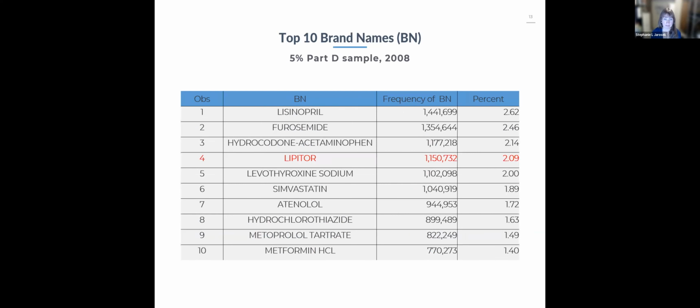We could also go by brand name, and then we get a slightly different list. Those thyroid drugs that were number one with generic name have moved to number 5. Lisinopril is up to number 1. So it's difficult to know what exactly is the question that we're trying to answer. Do we just want to know the top product service IDs? Do we want to know the top brands, generic? Oftentimes people might also group them into therapeutic class, and we'll talk about that in a little bit. But this is what we have available in the data right now. And so these are our options.